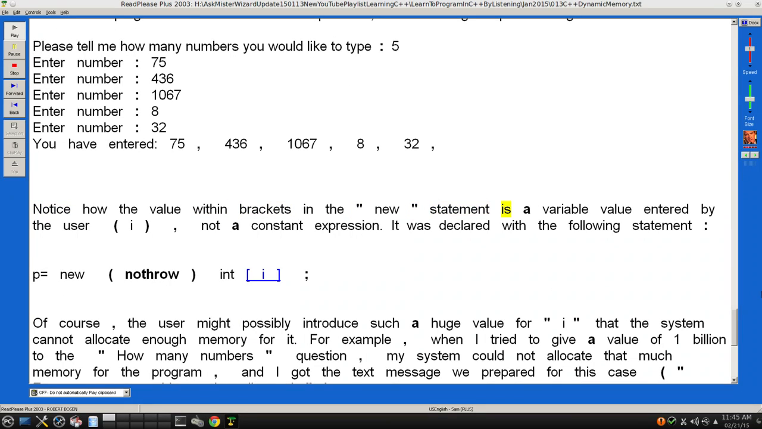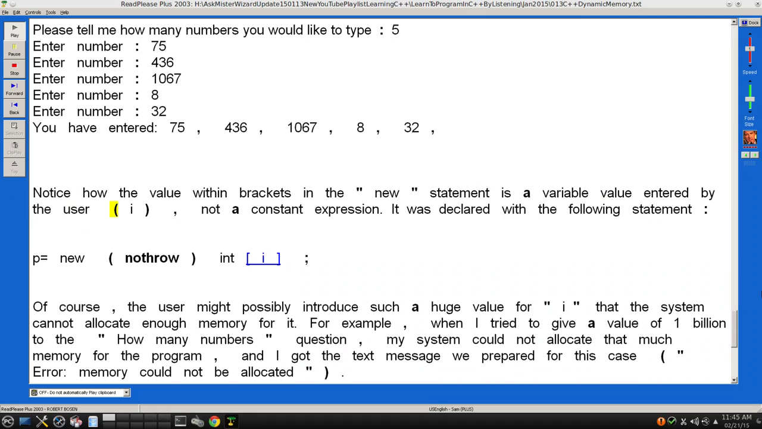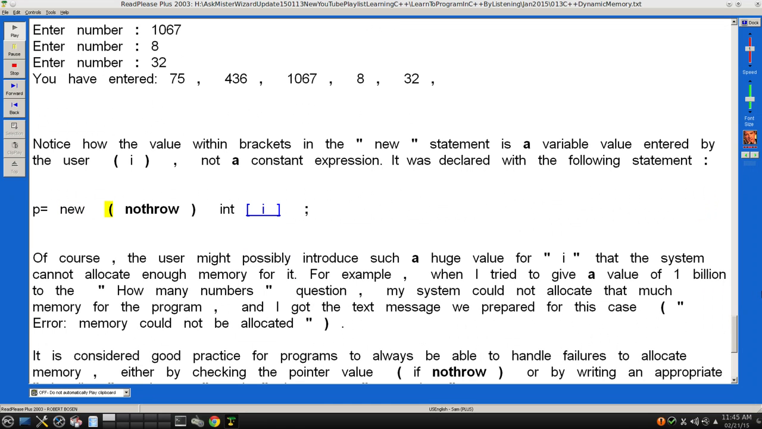Notice how the value within brackets in the "new" statement is a variable value entered by the user (i), not a constant expression. It was declared with the following statement: b = new (nothrow) int[i];